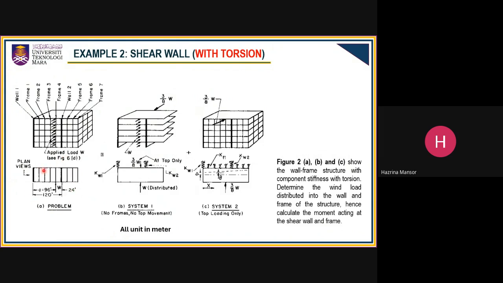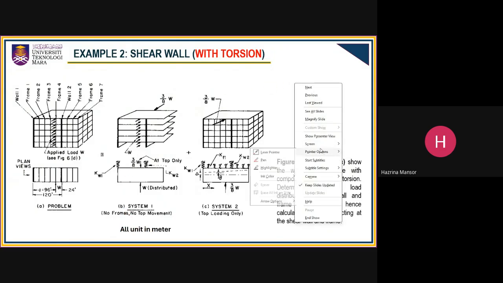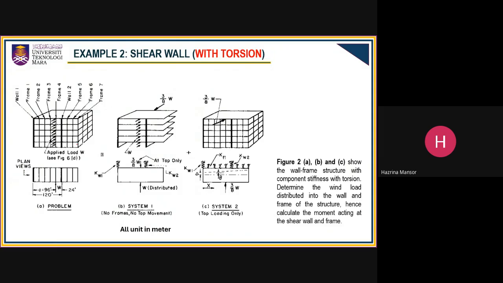And bear in mind, in these examples, all calculations are taking into unit meter. So as I said, when you get the first questions, or when you want to solve these particular questions, when you have the problems, first you need to reduce down the structure system to system 1. So this is system 1, meaning that from the structure given to you, you reduce down to system 1,